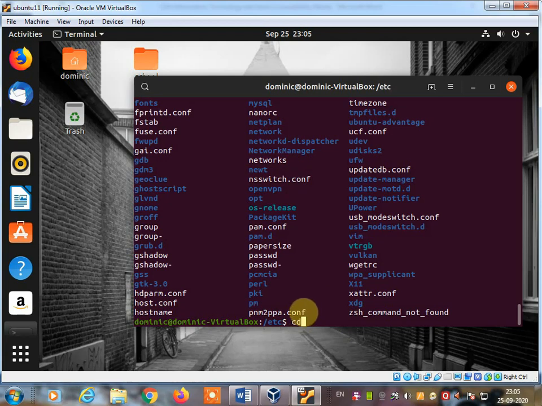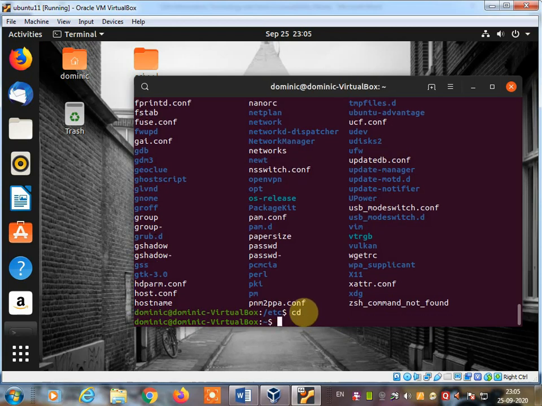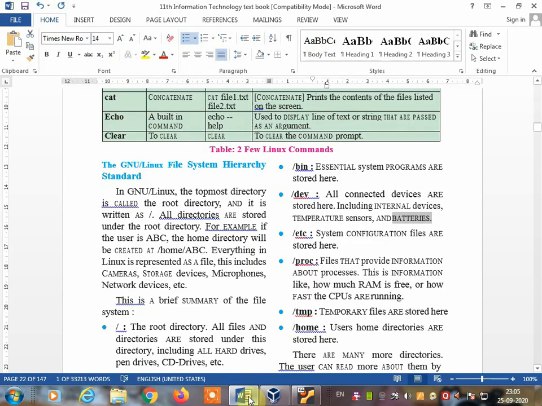Next directory we are going to learn, that is /proc. It will display the information about the process, information like how much RAM is free or how fast the CPU is running.